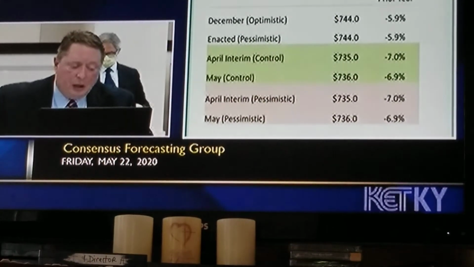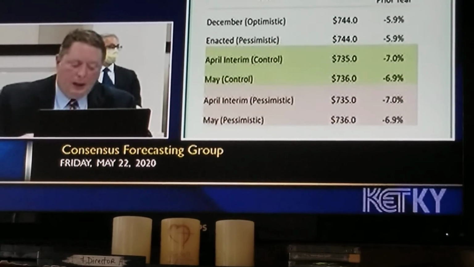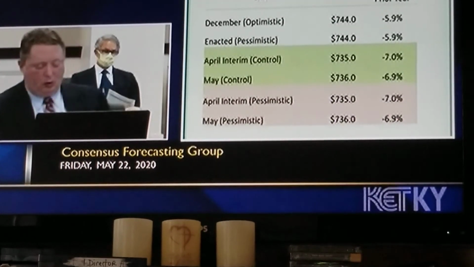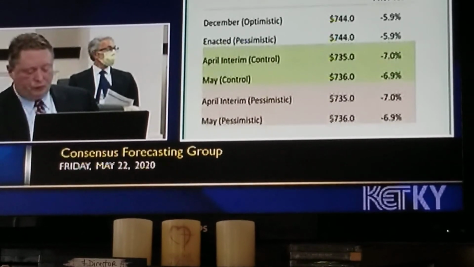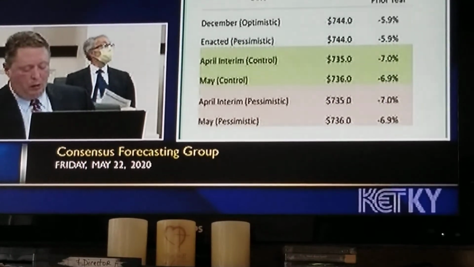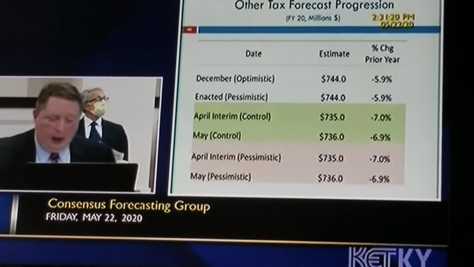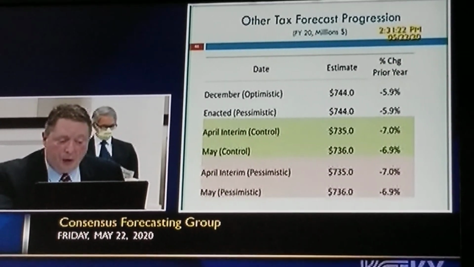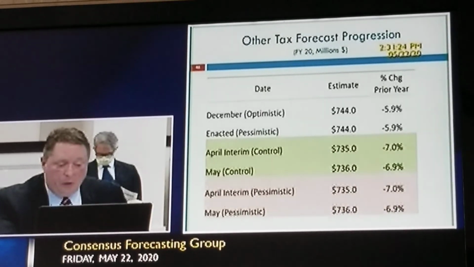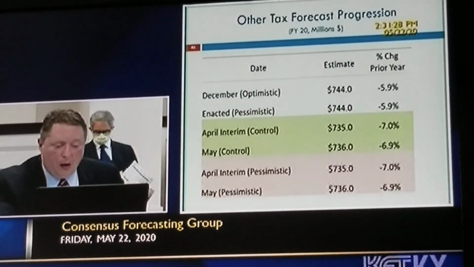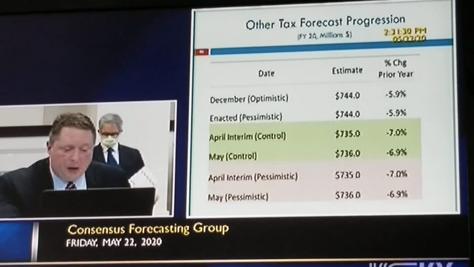May was slightly better than April. Yeah, it's just a $1 million difference, and I didn't do a difference between control and pessimistic because I just did point estimates on all the accounts. I think there's 86 accounts, and the other